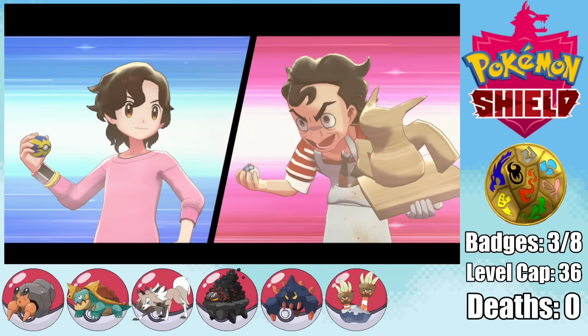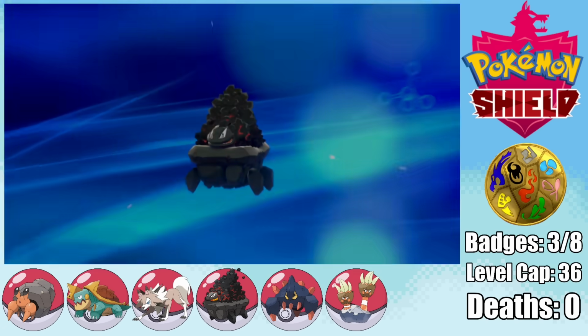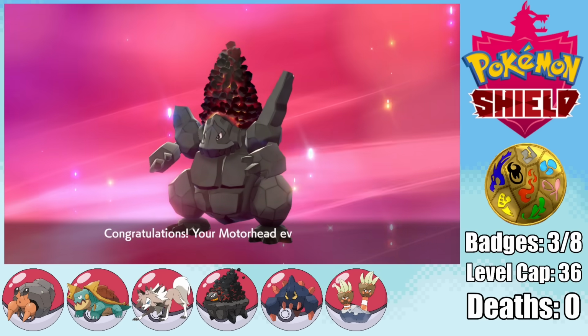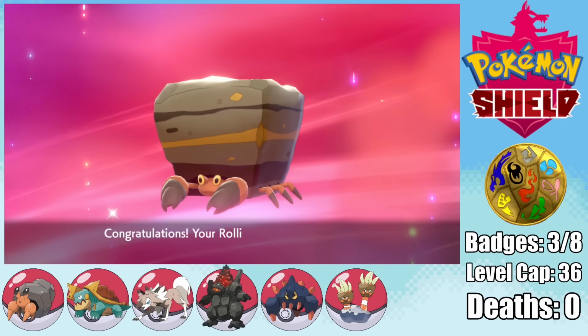And then on my way to Stow-on-Side, I run into this guy who's probably the craziest looking person I've ever seen in my life. And this is a part of the game where you usually have to do a bit of grinding to get to the level cap, and while doing so, my Carkol evolves into a Coalossal. But not only that, Rolycoly evolves into Crustle, and with that, we're ready to take on Allister in the